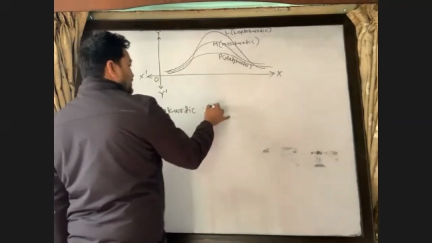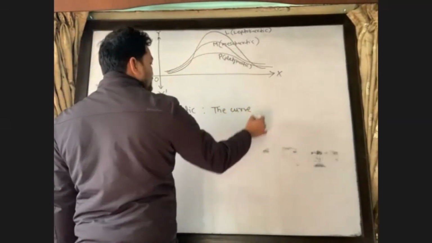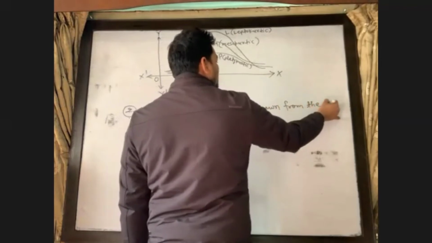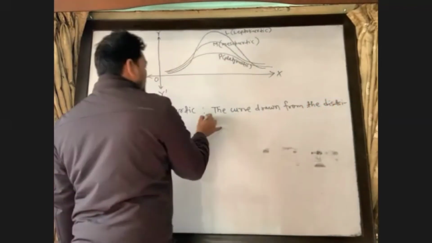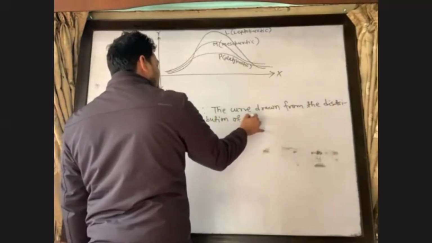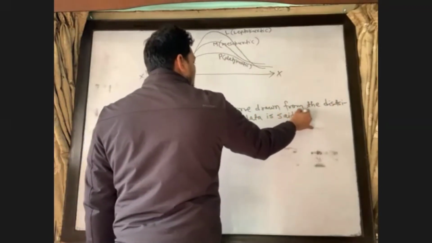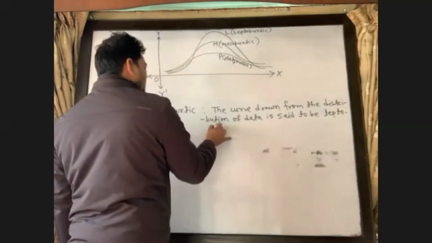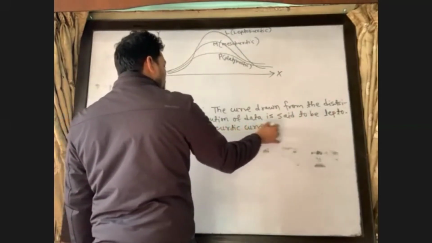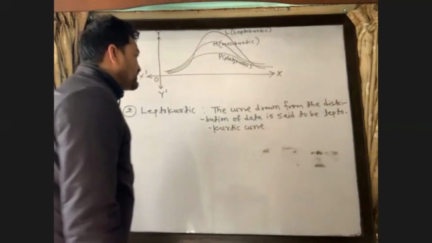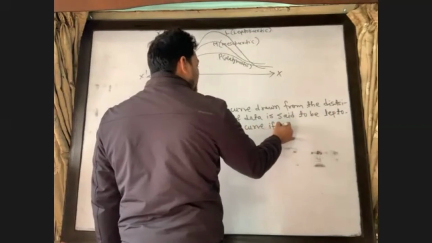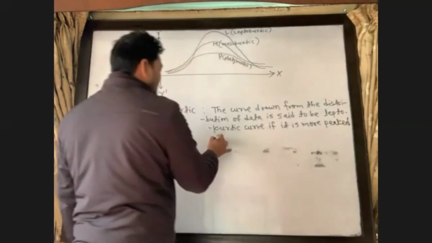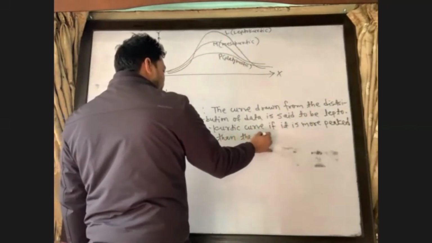Okay, leptokurtic. The curve drawn from the distribution of data is said to be leptokurtic curve if it is more peaked than the mesokurtic